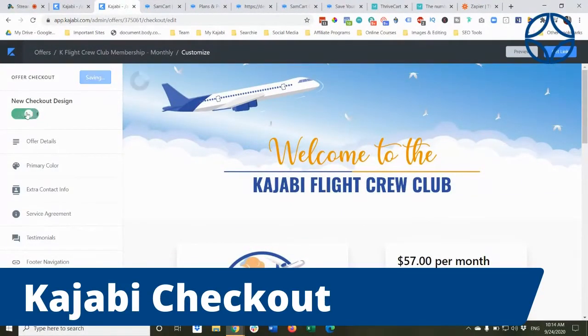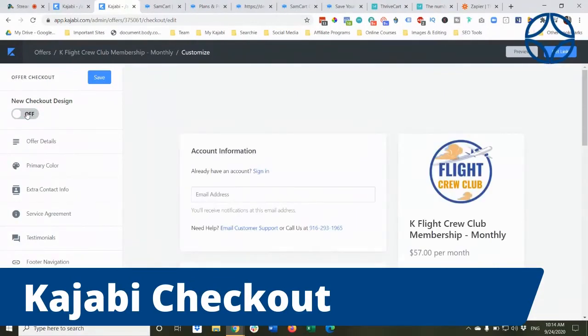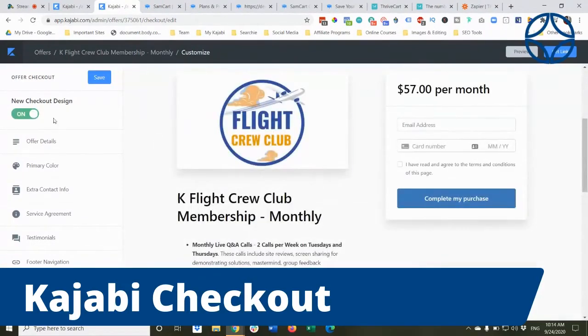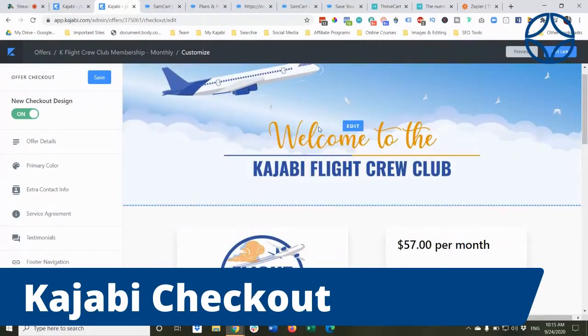There are two options. There was an old checkout design. And you can see here, it says already have an account, sign in. Again, that was for people that already were members and already had an account in your Kajabi site, to give them an option just to check out by using the payment source they had already on file with you. This was considered a little too complicated and therefore created friction. So Kajabi, several years ago actually, created what now is called the new checkout design.